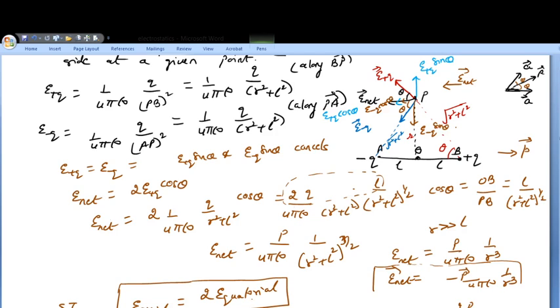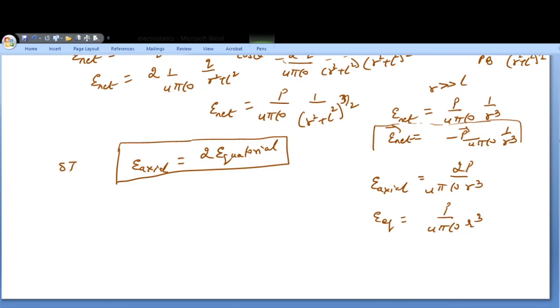Here students, again we are using a very simple concept. What is the concept of our derivation? We are finding the electric field due to single charges first, and then we are doing the vector sum. And once you do the vector sum, that will give you the answer. So practice this derivation. Thank you so much.